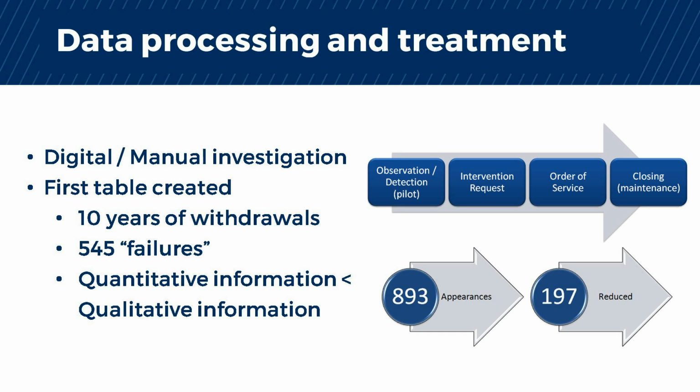As said before, the data acquisition was made manually and digitally in a software used internally to follow the opening and the closure of the failure. The first master table created had 545 failures opened, with 893 descriptions of repair that were transformed into 197 types